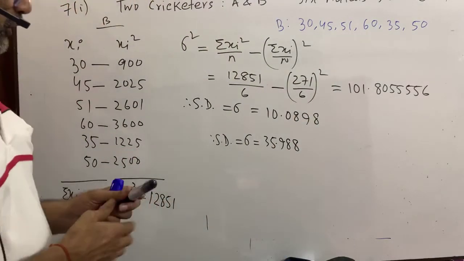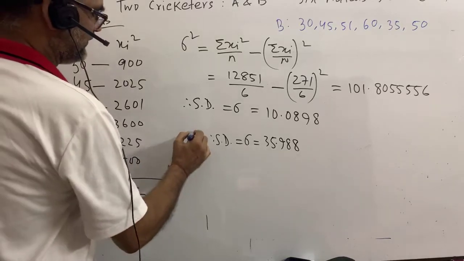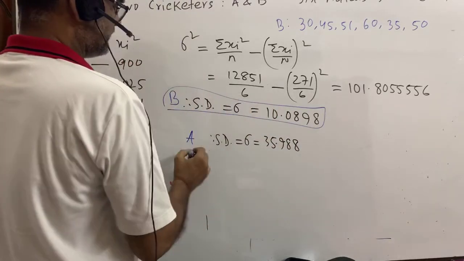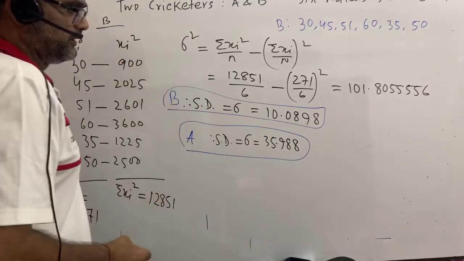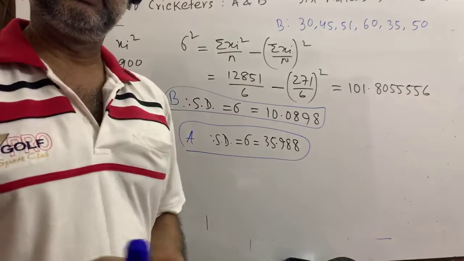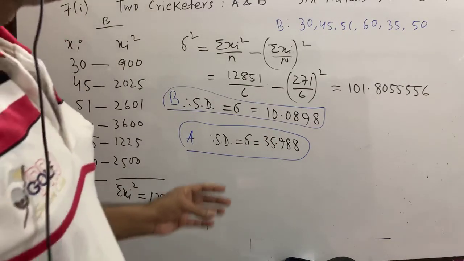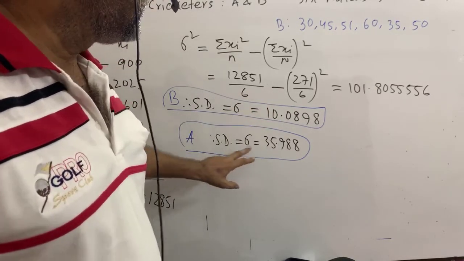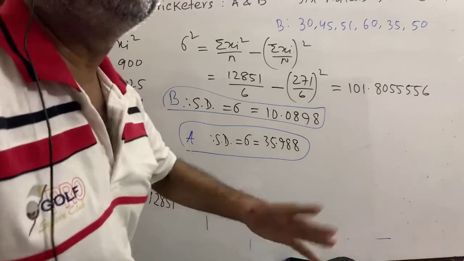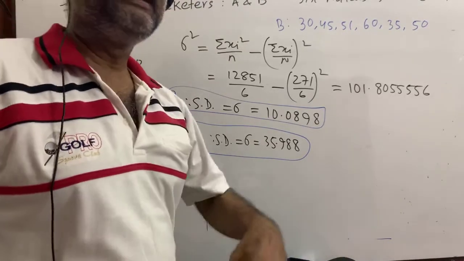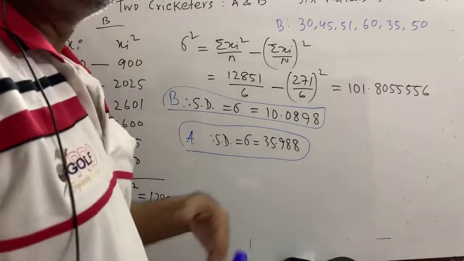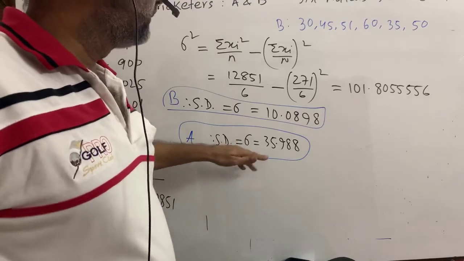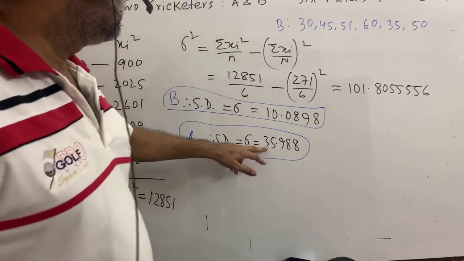Now you let me know, this is A and this is B. Which one is to be selected and how do we select? Actually, what is standard deviation? Standard deviation means the deviation from his average score. For B it is 10, but batsman A has a huge deviation. That means he doesn't have consecutive good innings. His deviation is more than that of B.